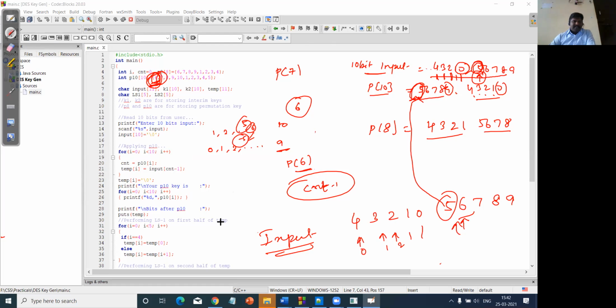And similarly, whatever value we got, those values are going to be printed again. So here we are storing in the temp value I from 1 to 10, right? Again we are getting the value and then we are printing here, right? After 10 bits, whatever values you have in the temp, all the values are going to be repeated. So everything we are writing under the for loop, right? So here this is the value after P10, which is permutation 10. Is it clear?